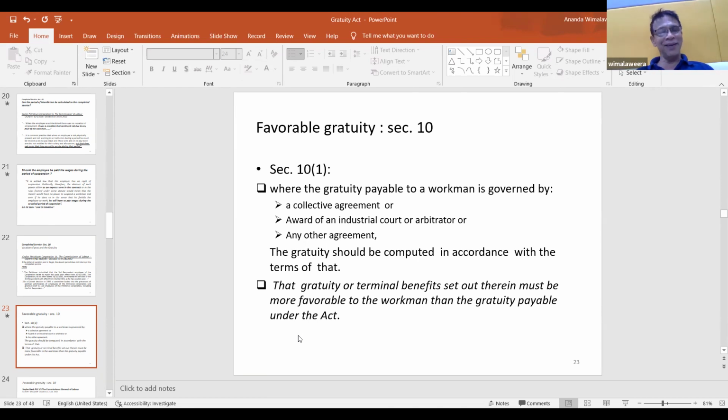You know, this gratuity is also complicated. I'm repeatedly telling you, don't ask me for textbooks. I do not recommend any textbooks. I recommend the Labor Department's handbook, prepared long ago,